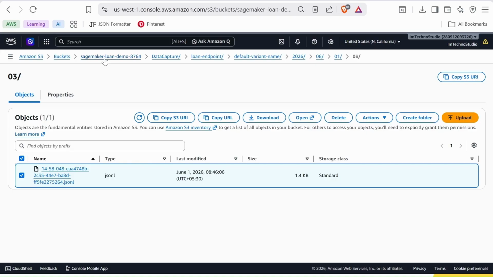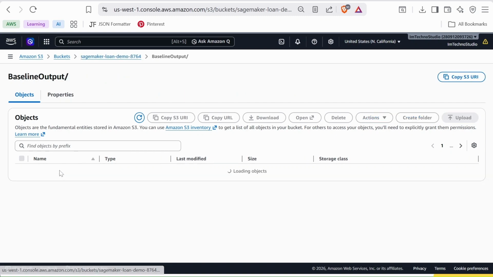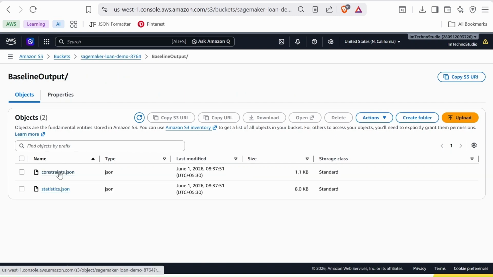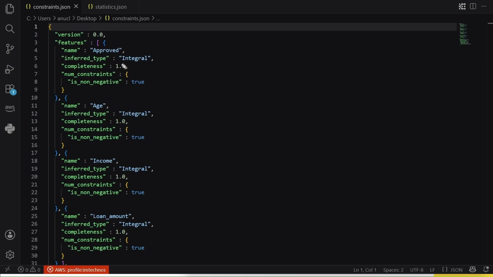Now go back to the S3 bucket and open the folder where SageMaker stored the baseline artifacts. Here you will notice files such as constraints and statistics. These files were generated from the baseline dataset that we provided earlier. The constraints file has identified the 4 columns in our training dataset and generated validation rules for them.